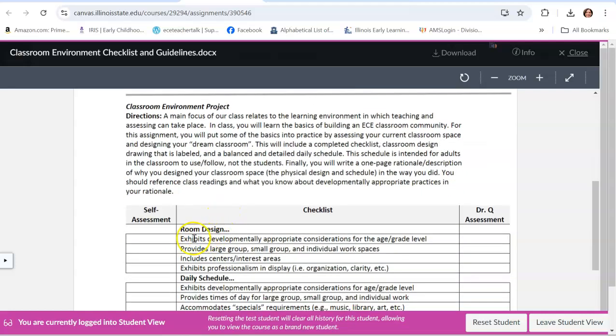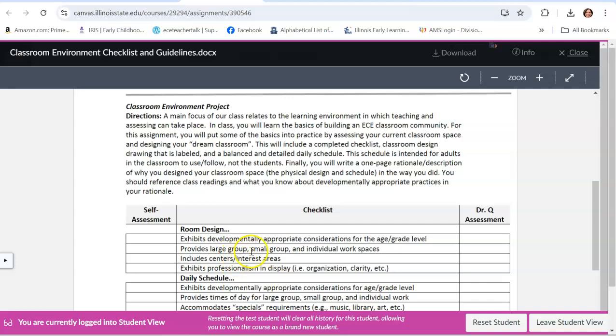Your classroom design should include developmentally appropriate elements for the grade or age level that you select. So you can decide if you want to do your classroom environment as a preschool classroom, kindergarten, first, second, whatever grade you want. You can do infant and toddler as well, though it is a little bit more challenging